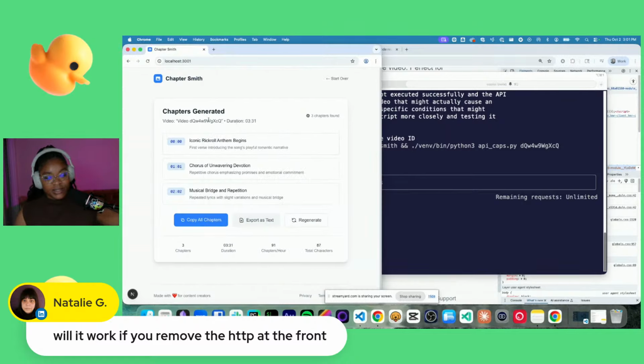But yeah, I was able to actually build this with Copilot, and I need to actually ship it. The reason I haven't shipped it is because for the YouTube API implementation, I'm just using a Python package right now. To make it more robust and production ready, I need to actually implement the YouTube API. But if I can get this shipped, that would be great because it's a really good tool. And as you can see, the chapters are very clear and all that jazz.